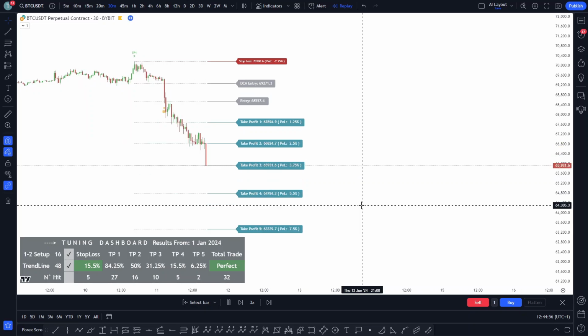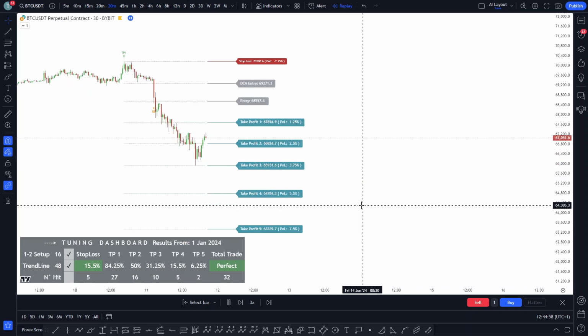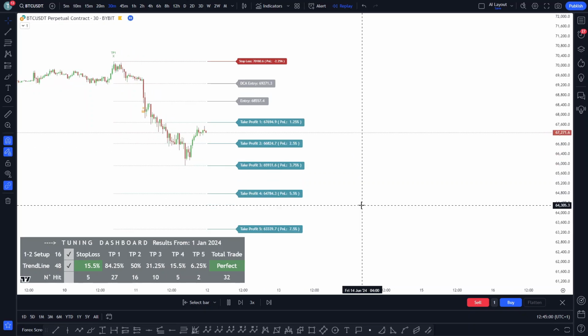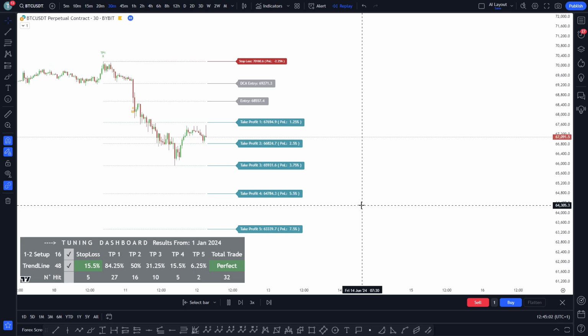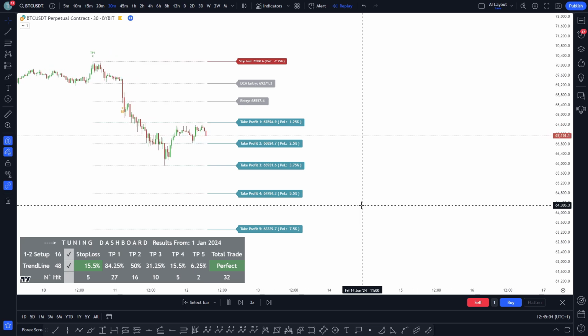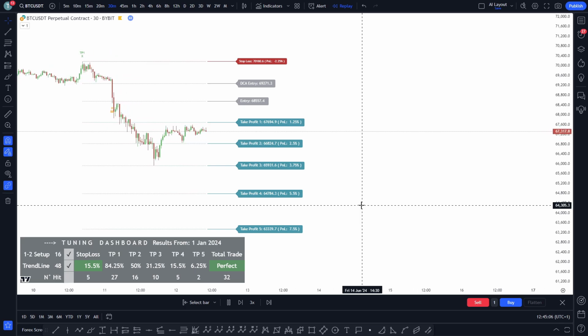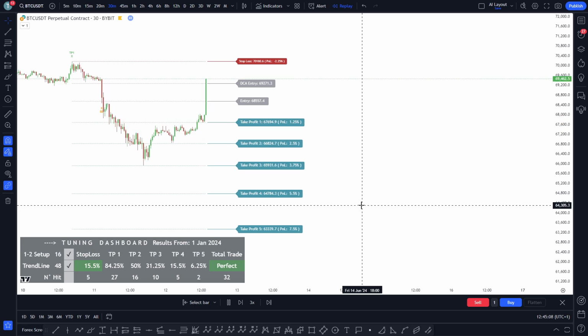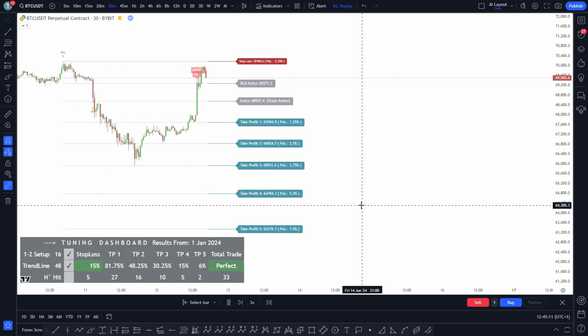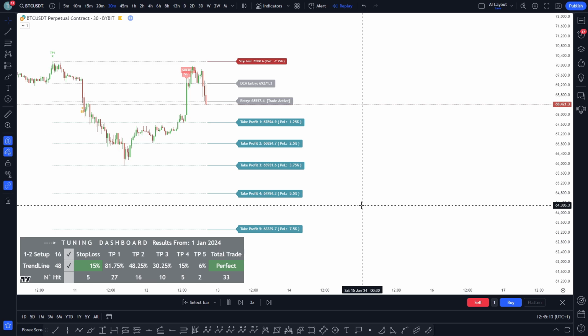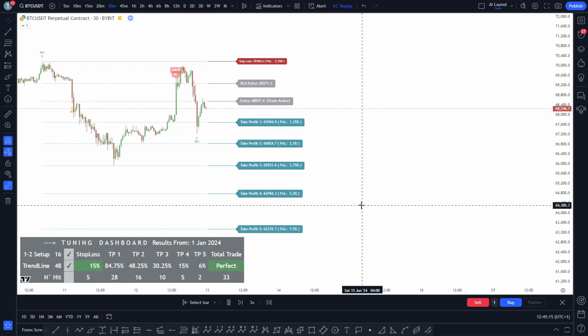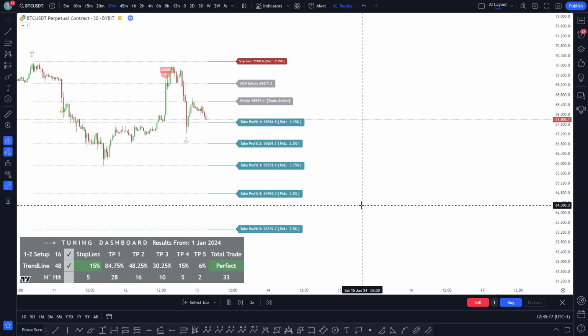Hey everyone, today I'm going to show you how to become a profitable trader using just one powerful indicator. Yes, that's right. You don't need anything else. This indicator comes with an awesome dashboard that shows you exactly how many trades hit TP1, TP2, TP3, TP4, etc. With this percentage success rate, imagine having a statistical dashboard that tells you the probability of your trade working out